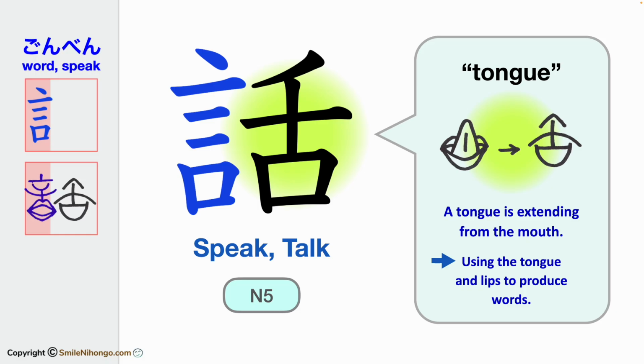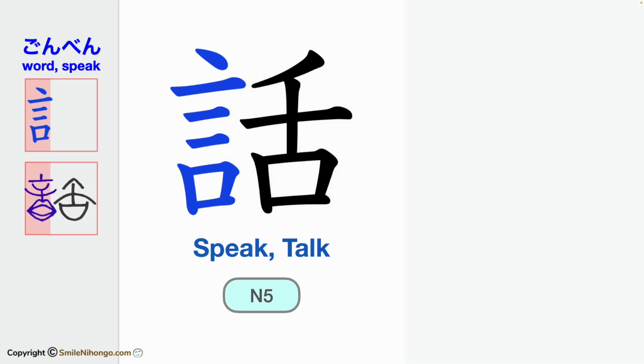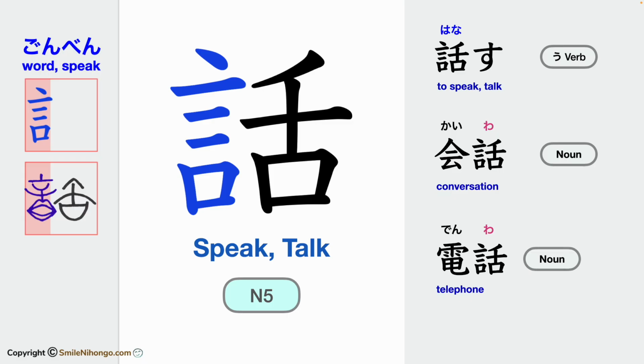The next kanji means to speak or to talk. The right part indicates a tongue extending from the mouth, symbolizing the use of the tongue and lips to produce words. As a result, the kanji came to represent the act of speaking or talking. These are example words with this kanji. 話す、会話、電話。